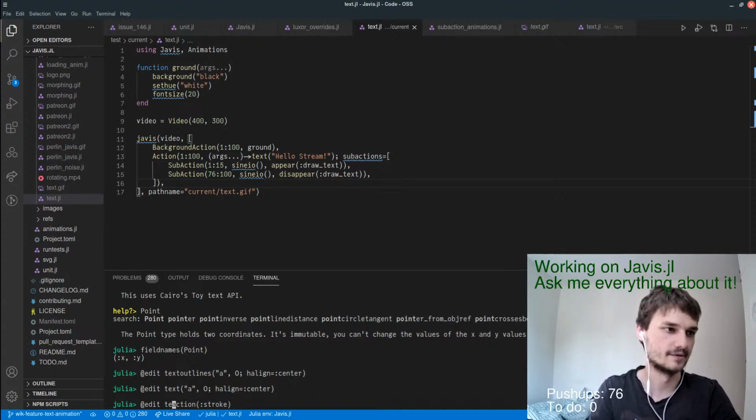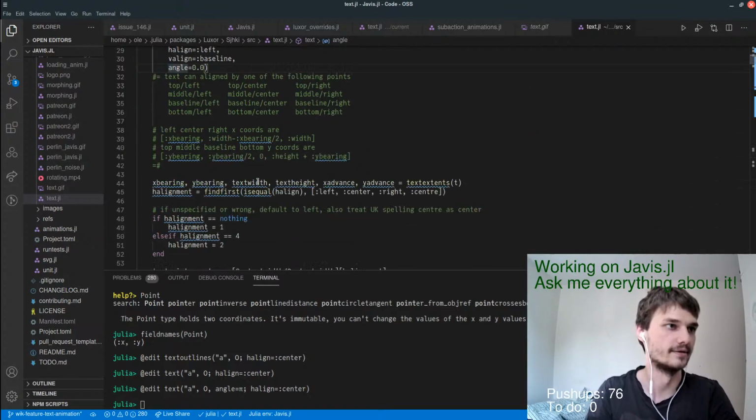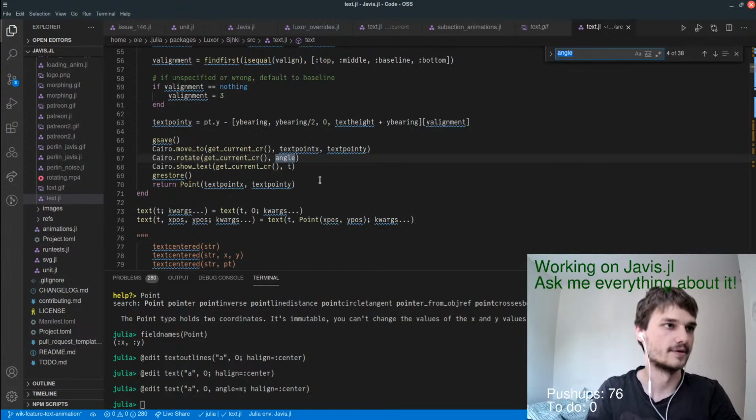What does this, does this actually work? Okay, it's actually just another point there. Okay, the question is, okay, so we are moving